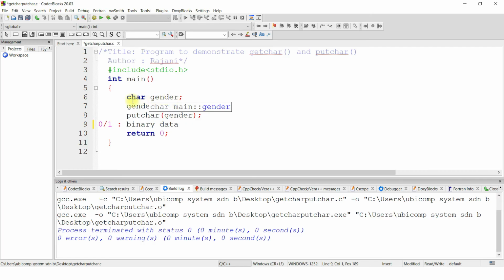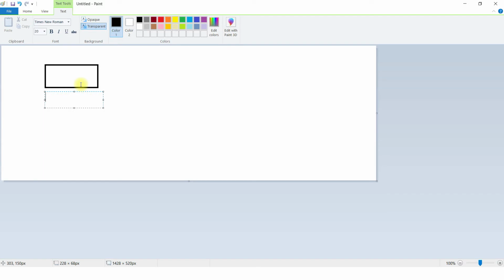So when we declare a character data item, it will happen like this. In the memory unit, it will occupy 1 byte in the memory. For that 1 byte, we are giving the name as gender. We cannot see in the memory unit at which location exactly this 1 byte is created for this data item. So how will we store the data onto this 1 byte and how will we retrieve the data? With the help of the data item name.